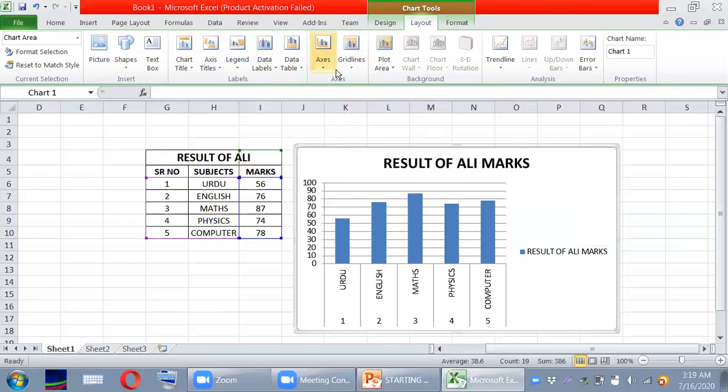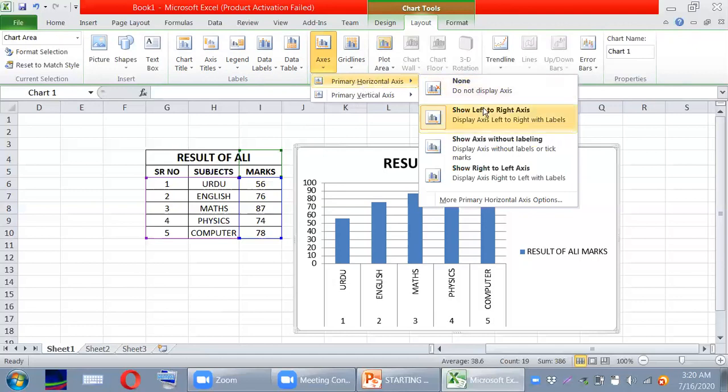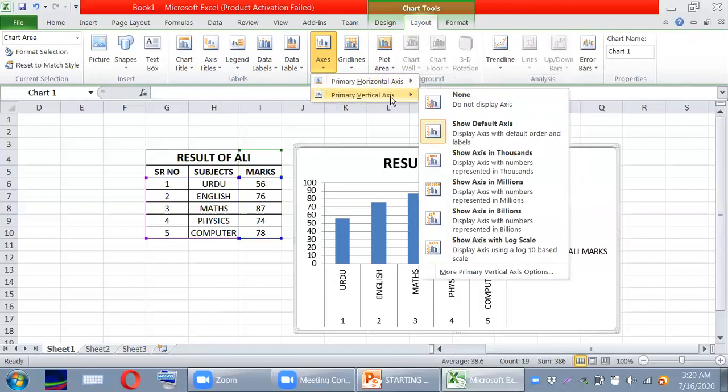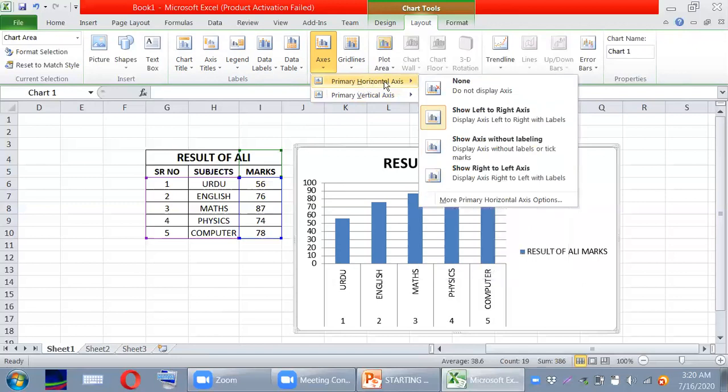Let's first explore the axes. Axis is an element. You can see that there are two types of axis in this chart, the x-axis and the y-axis, the horizontal axis and the vertical axis. So let's explore some options of this axis. As you can see, we have primary horizontal axis, then we have primary vertical axis. If we go into the primary horizontal axis, then by default show left to right axis is selected. Now if we select the none option,